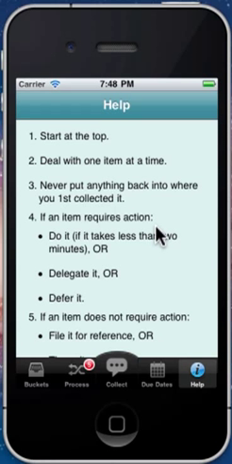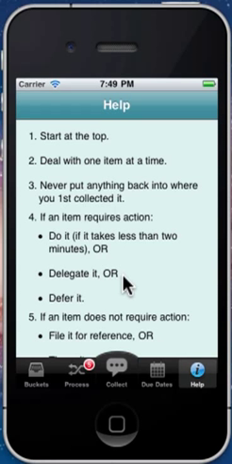And if an item requires action, you either do it. So if it takes less than 2 minutes, just do it, get it out of the way. You don't need to be a hoarder and collect a lot of information. The idea behind GTD is that, as I mentioned earlier, you collect stuff, you put it in, you do something with it, and then you're done and dusted and move it off. This is not a tool for collecting stuff. This is a tool for being productive, for processing stuff, for doing things. So anything less than 2 minutes goes out of the bucket.